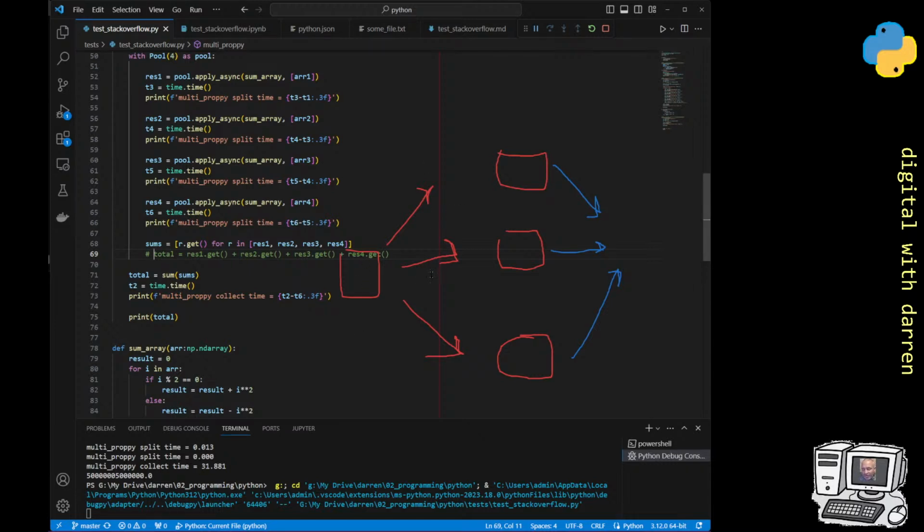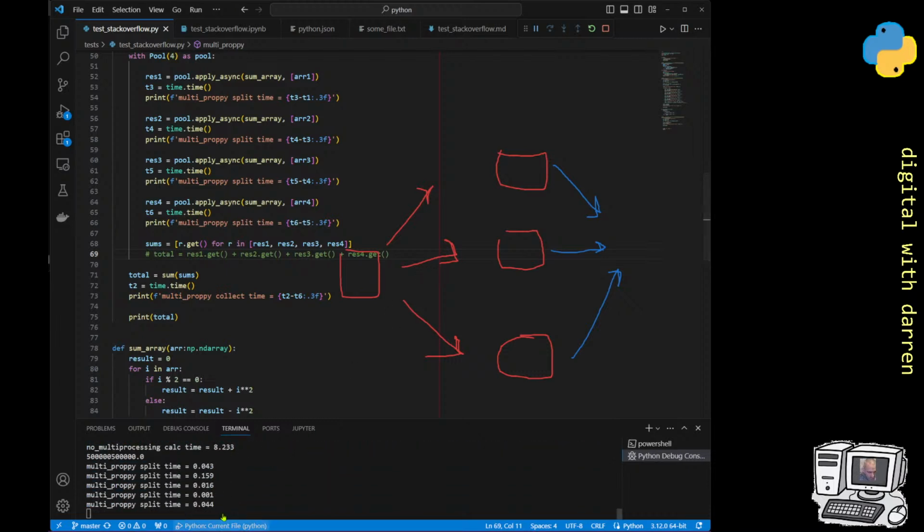The split happened fast now. All of the components happened. We've done that. Now we're waiting for the get. But finally, this blue section over here was sort of like our biggest cost in a way. So this piece over here is our biggest, and we can still see it hanging here. So this entry piece was fast. These computation pieces were fast as well. But we are seeing that